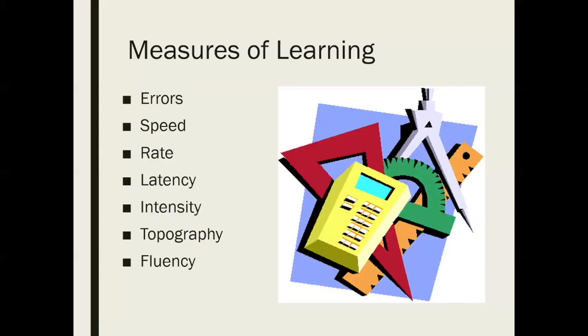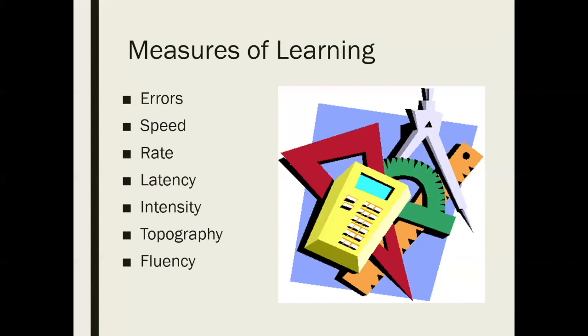In this one, I'm going to be going over the different measures of learning that are described on pages 36 through 42 of your textbook. So, as you know, learning involves changes in behavior. We've defined learning as changes in behavior that occur due to experience, but there are many different ways in which behavior can change. And so, there are also many different ways that a learning researcher might want to measure those